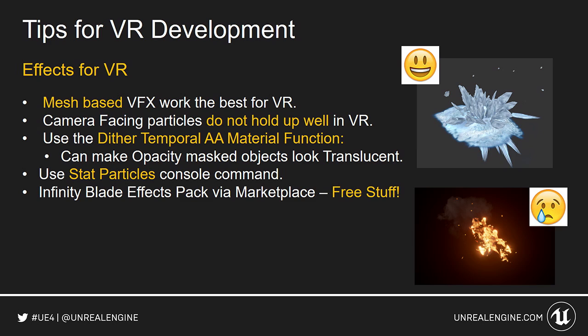Translucency is also very expensive to render per frame, and you can fake translucency in UE4 through opacity masking with the Dither Temporal AA material function, for you material folks out there. It's not 100% translucent, but will give you a very similar effect for a much cheaper rendering cost. Our doc pages have examples of this as well, step-by-step guides showing you how to set this up. I believe our Showdown demo also used this as well for the smoke trail particle effect.